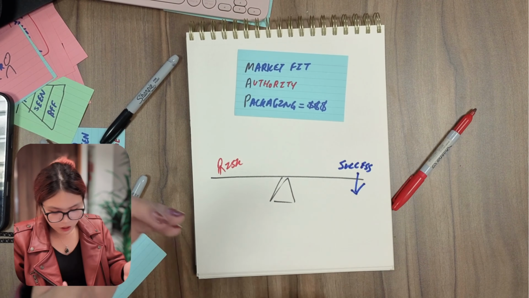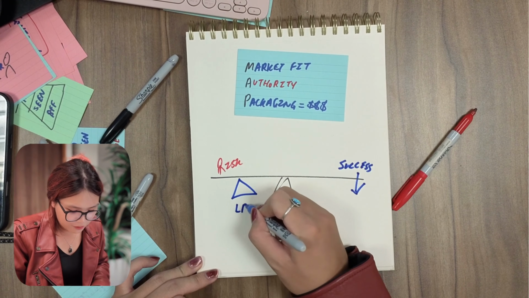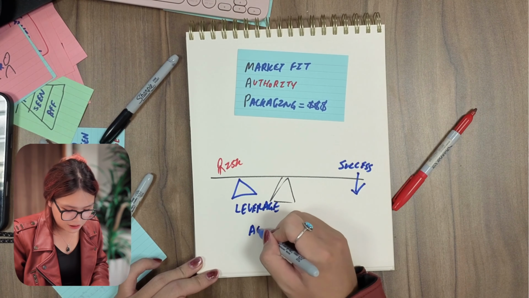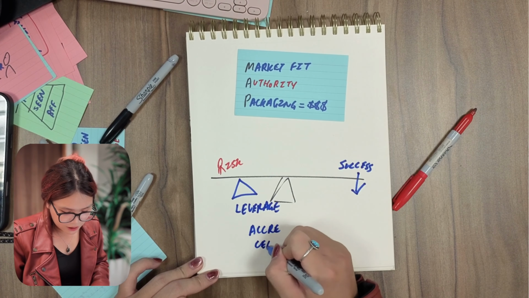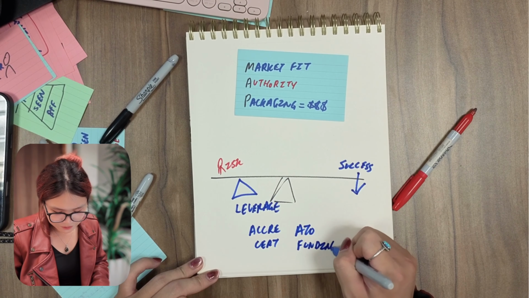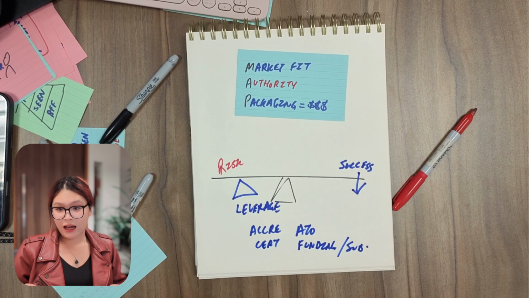And if you want to tip it towards your favor, one more extra thing is, do you have, I would say, leverage? So in the Singapore or Malaysia context, are you accredited? That's the first one. Are you certified? Do you have a school? Do you have fundings or subsidies? And stuff like that. If you don't have it, then that's really where I come in, my school comes in,